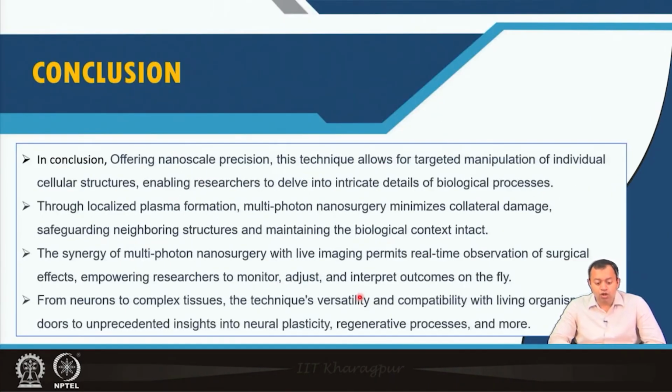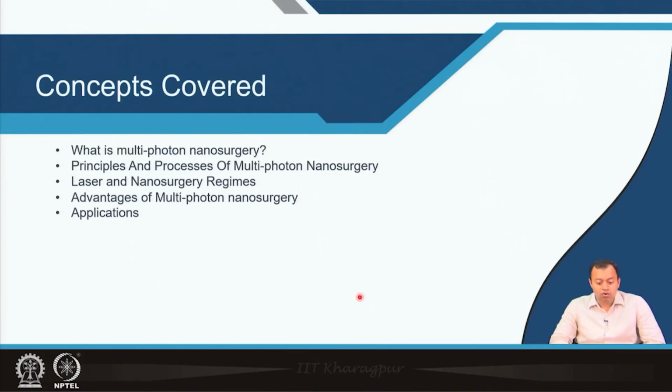So, in conclusion, offering nanoscale precision, the technique allows for targeted manipulation of individual cellular structure through localized plasma formation. Multi-photon nanosurgery minimizes collateral damage. The synergy of multi-photon nanosurgery with live imaging permits real-time observation, and from neurons to complex tissue, the technique is pretty versatile, right. So, these are the concepts that I covered today,